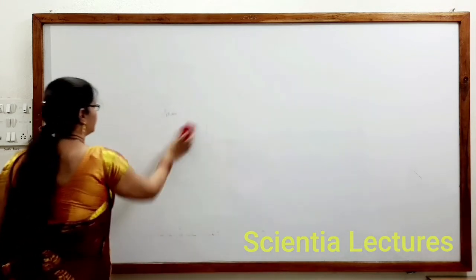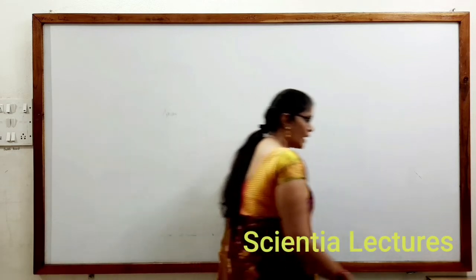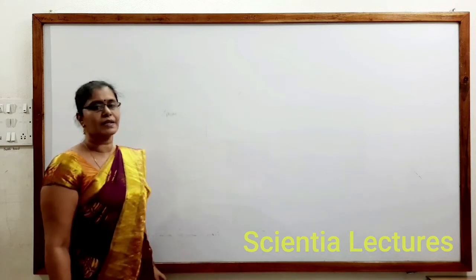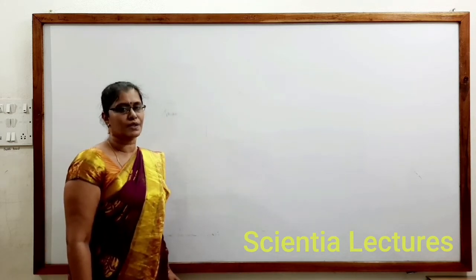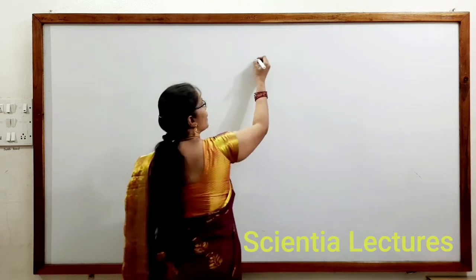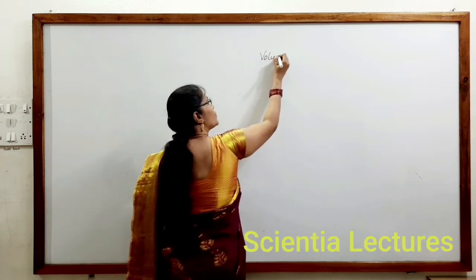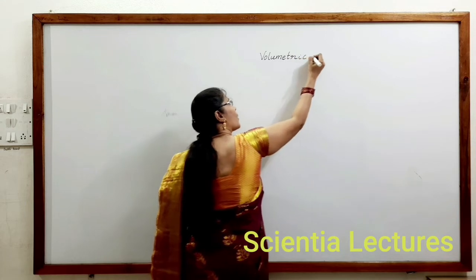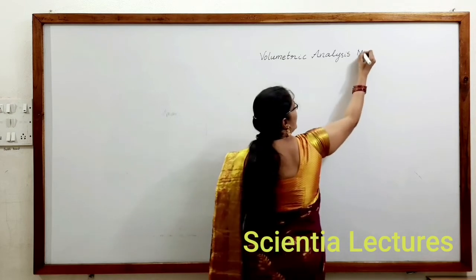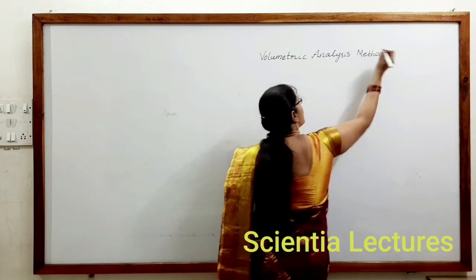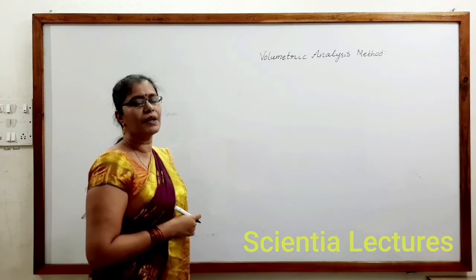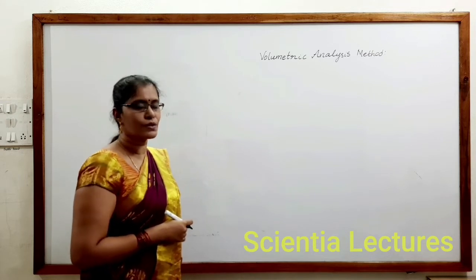Now next. We have checked the pressure change method, when pressures are given for reactant terms or product terms, how to do the calculations. Now we'll go for the volumetric analysis method. If information is given by the volumetric analysis method, how to do the calculation? Let us check that. In this volumetric analysis method, we'll see two equations, for example, when the information is given, how to calculate the rate constant of a first order reaction.